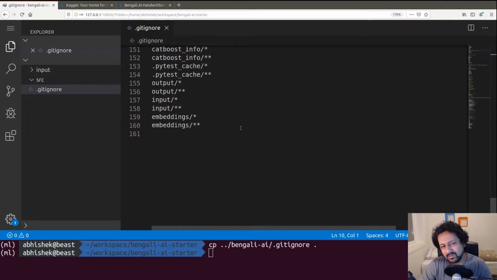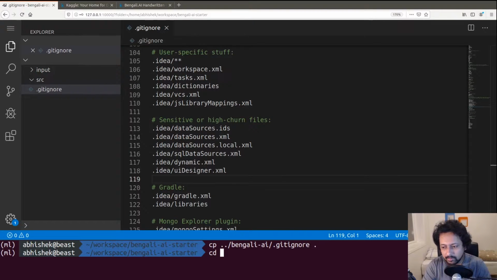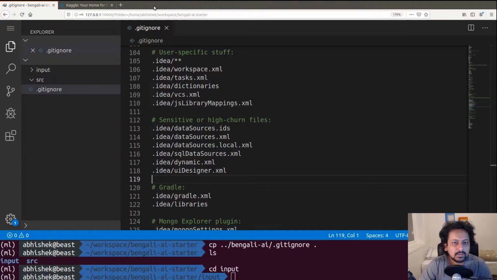There's a lot more information that I don't need, like embeddings and all, CatBoost info, but I've just kept it here for now. And then another thing that you need to do is, let's see what we have now. So we have input and source file. So I'll go to input, and okay,